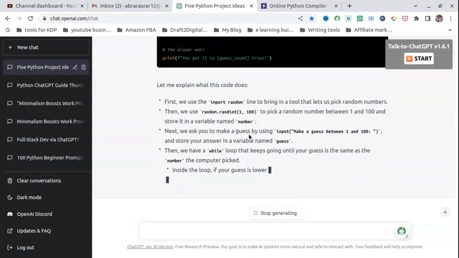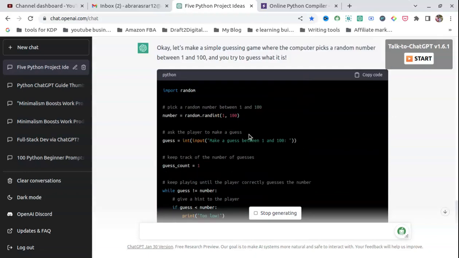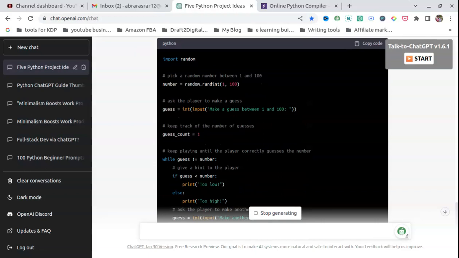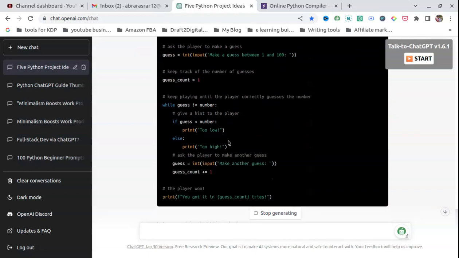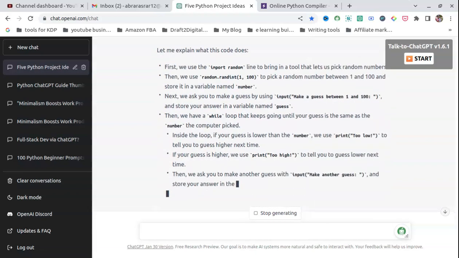Next, we can use the make guess. So basically, what it is doing, guys, it explains each of them. Here, using this, we can pick a random number. We are giving instructions. Then the player will make a guess. We make an input, okay, and then it will match with the computer's number.